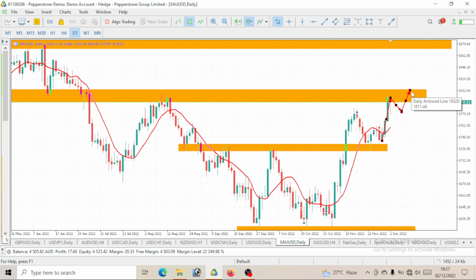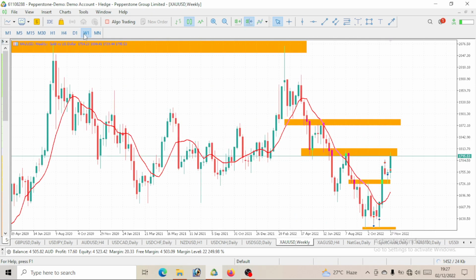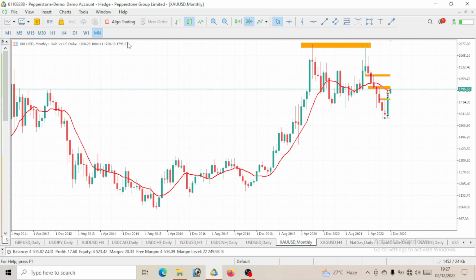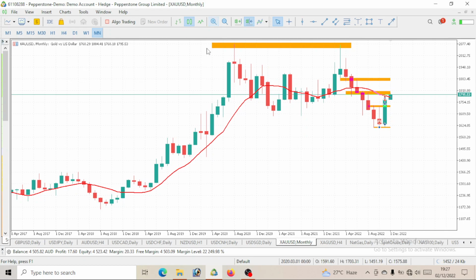But we want to take a look at what this price will be moving for this week. So in order to predict this price movement for this week, we are going to start from the higher time frame. We are going to analyze it from the higher time frame downward to the 4-hour time frame and why we're placing our trade. So now let's start from the monthly time frame. Let's see it on the monthly time frame.